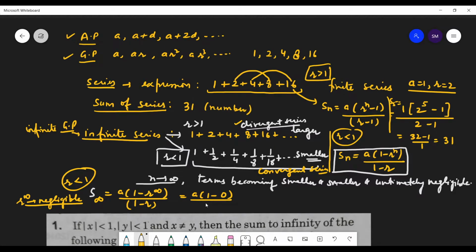Yes, sir. And 1 minus r. So r is not negligible. R is less than 1, but when a number is less than 1, you are multiplying it again and again and again, like you are doing it here, it will become smaller and smaller. So ultimately you get the formula for the convergent